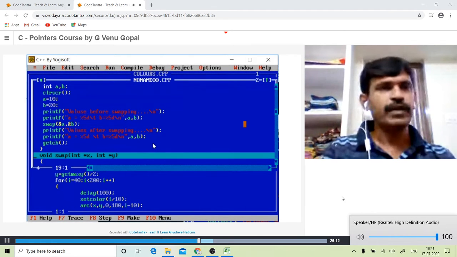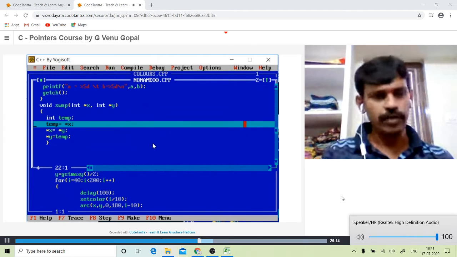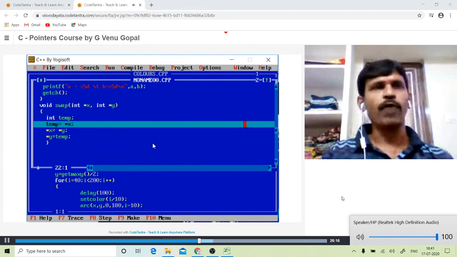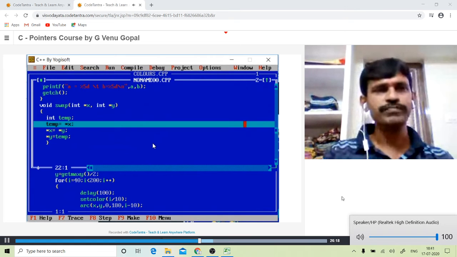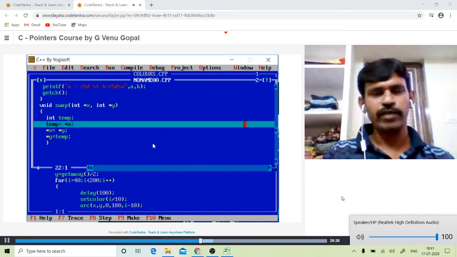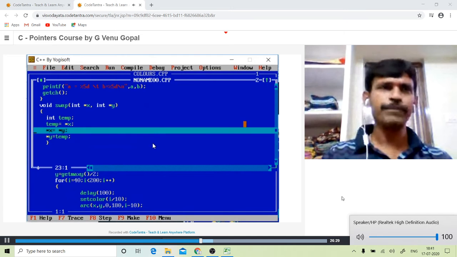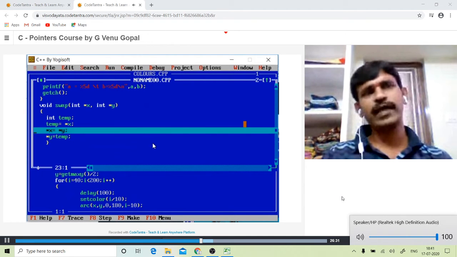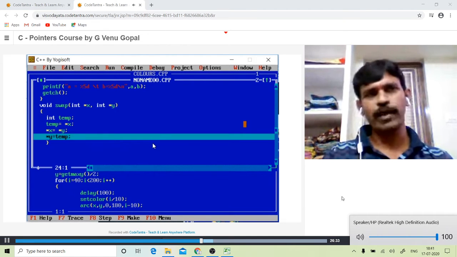Now I am moving on to the subfunction where X has received the address of A and Y has received the address of B. First, the value of A is copied to temp. Here, it is being accessed indirectly using the pointer variable. Temp is equal to asterisk X, then asterisk X equal to asterisk Y, then asterisk Y equal to temp.